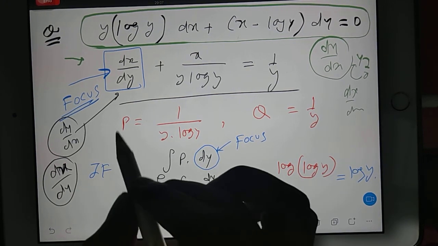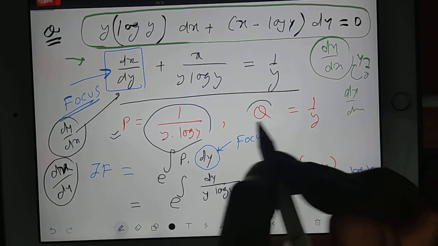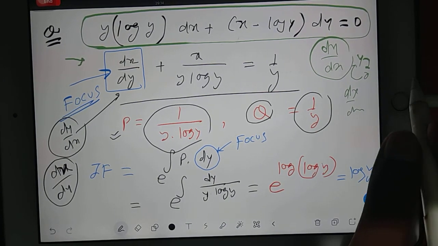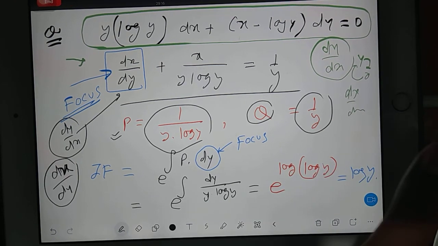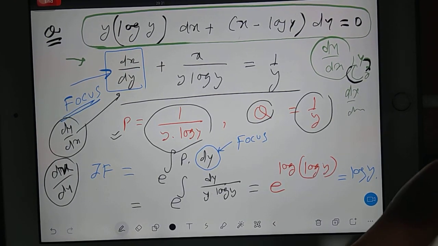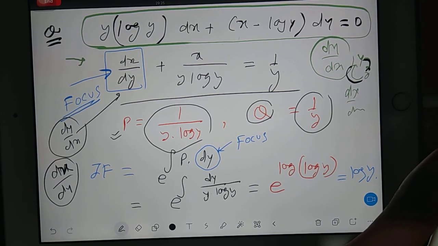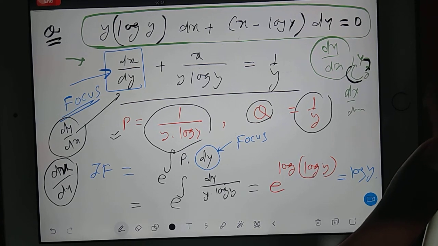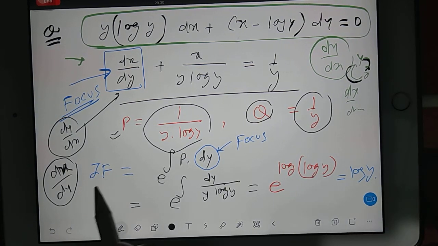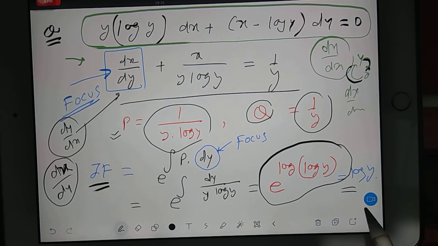So now this time your p will not be a function of x, it will be a function of y. In the same way, your q will also be a function of y. And everything converts by replacing x with y. Simplest. Whatever you are doing in terms of x, you do in terms of y. After this, we got our integrating factor as log y. Some students may have difficulty here. You can ask me if you have difficulty. And then you go for your final answer.